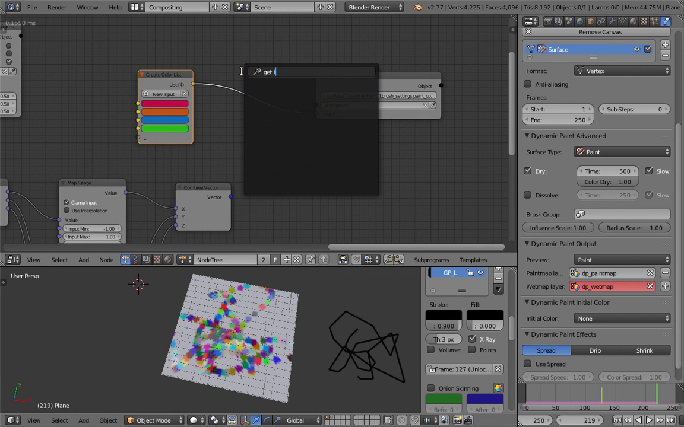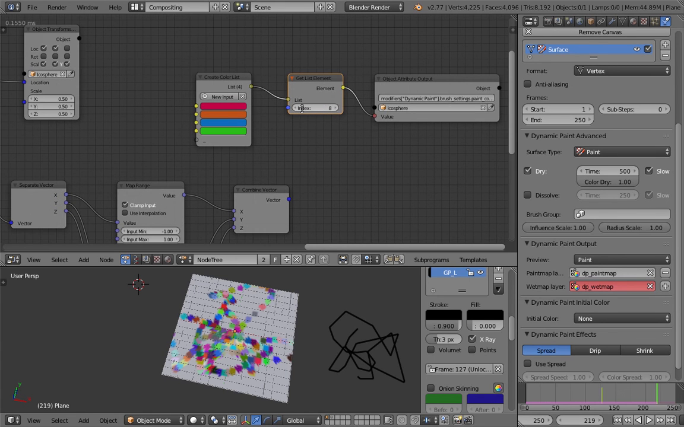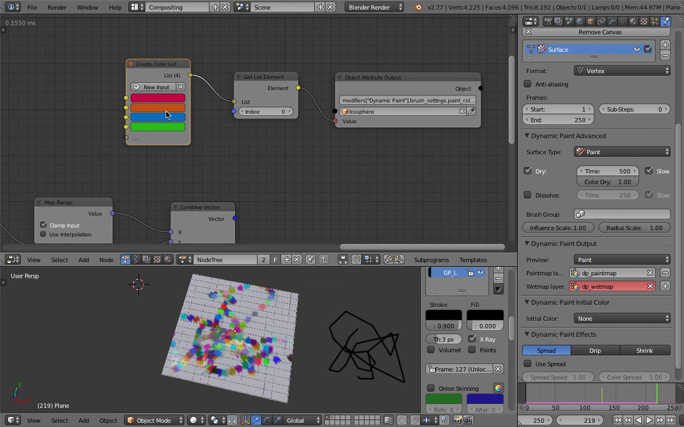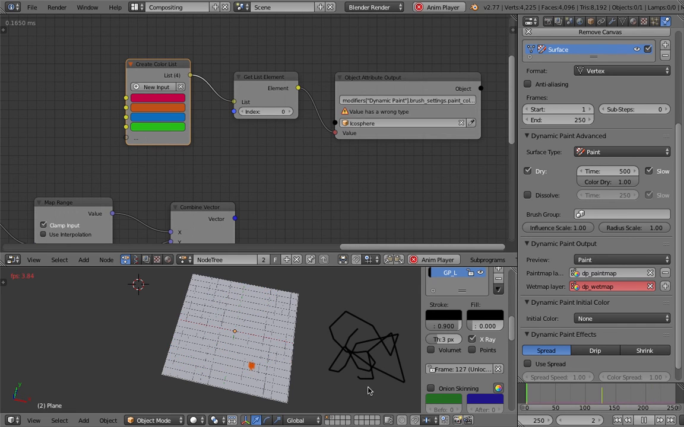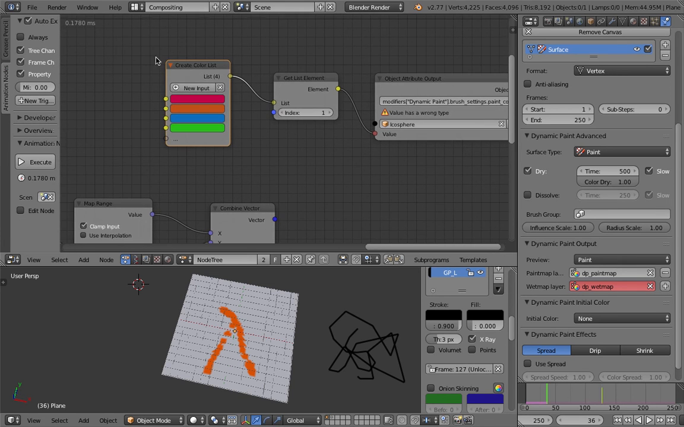We need to use get list elements, and the index can be, let's see what it does. So we have a list of colors here, and we use this node to select which color. At the moment it's at index 0, it's going to be using orange. Switch to index 1, it's going to be using, oh wait, animation nodes, property chains, not always. Okay, it's going to be doing it for us. So it's using orange now. Next is going to be